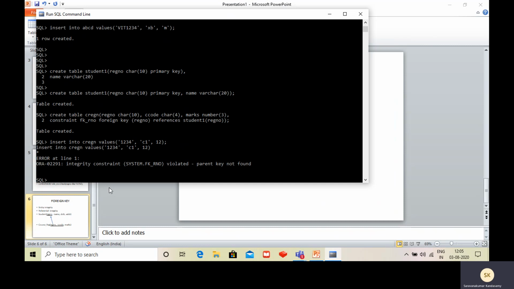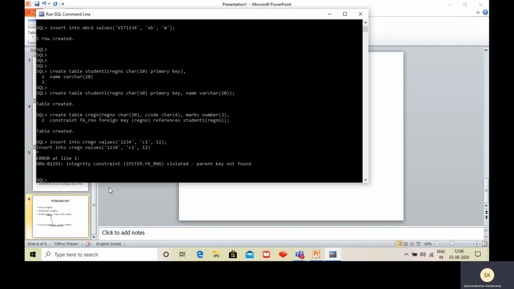If I want to create the child table first, I have to create it without the foreign key. Then I can create the parent table. Once the parent table is created, I can alter the child table to include the foreign key. Likewise, while inserting, the data must exist in the parent table, and only then can I insert the value into the child table.